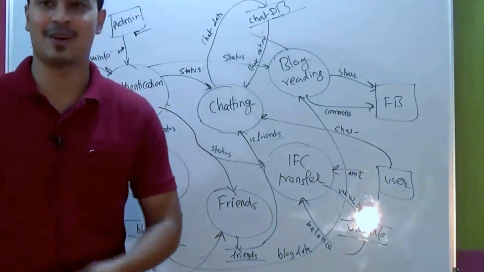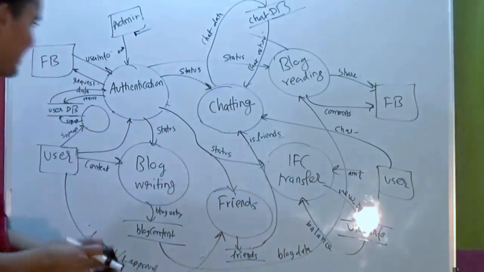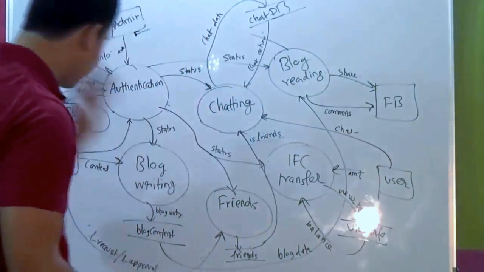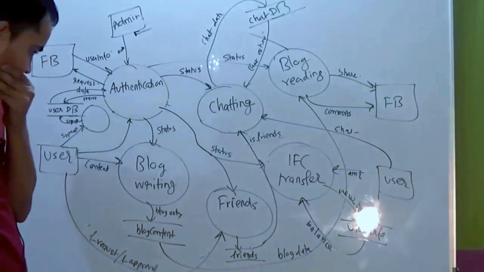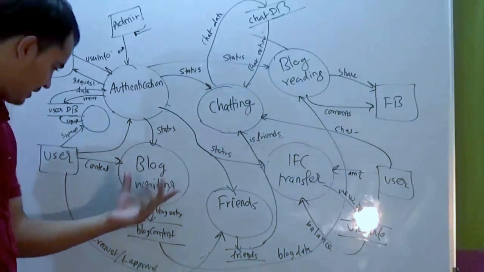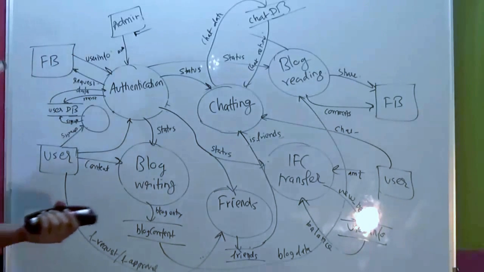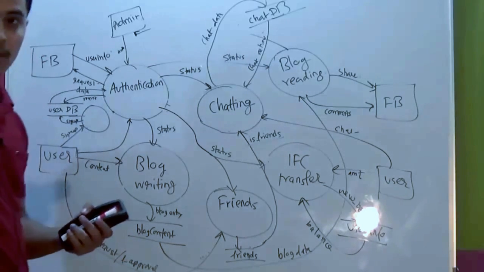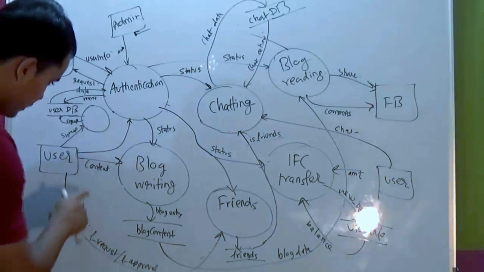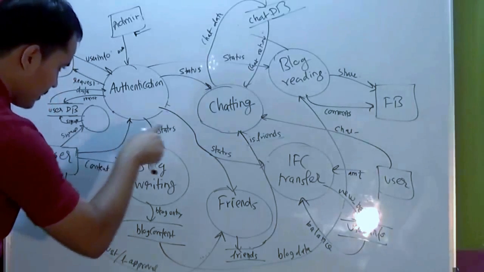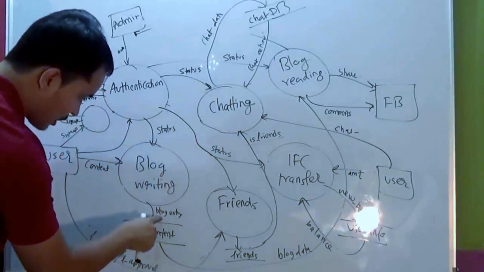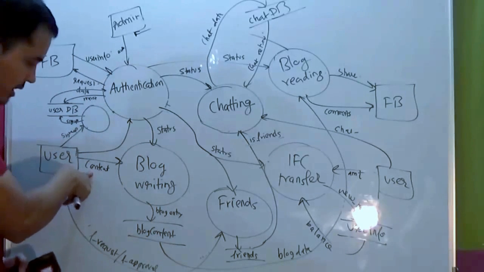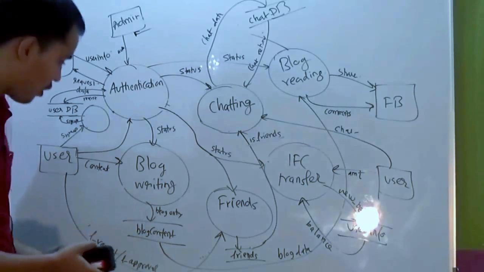If level 1 is this, then what about level 2? Let's take any one of these processes and decompose it further. Which one shall we take? Blog writing. Blog writing seems easy. Now in order to balance the DFD, you just have to count the number of inflows. There is content and status coming in, and what goes out is the blog entry. So two are incoming, status and content, and the one outgoing is the blog entry.